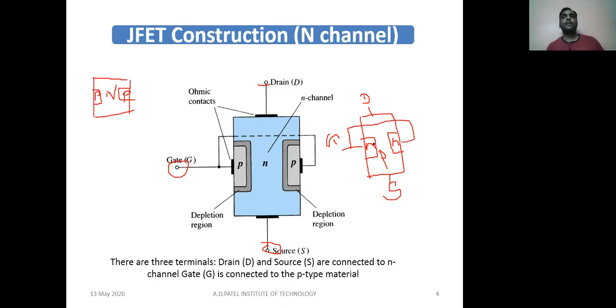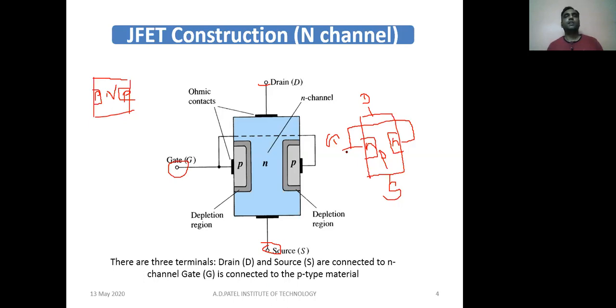तो दोनों N साइड, इस साइड और इस साइड के मटेरियल को कंबाइन करके हमने गेट टर्मिनल बनाया। तो this is construction of the P channel JFET। N channel JFET, that means आपका पूरा मटेरियल जो है वो N टाइप का लिया था, तो इसमें जो करंट फ्लो होगा वो इलेक्ट्रॉन की वजह से होगा। P channel JFET में मटेरियल मेरा P टाइप है, तो जो करंट फ्लो होगा वो होल्स की वजह से होगा। ओके, so this is the construction of the n channel JFET and the p channel JFET.